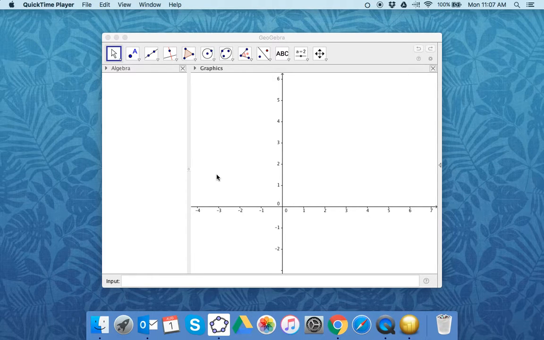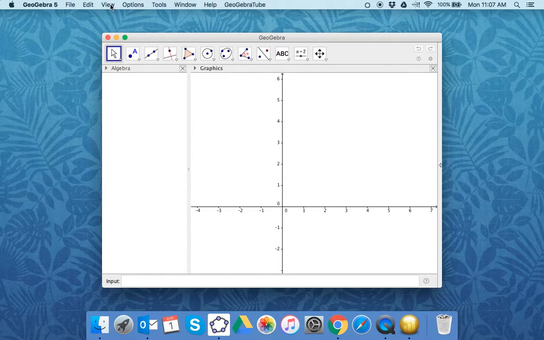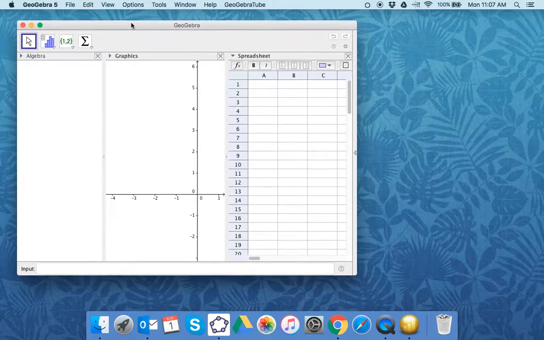Number 41 on chapter 7 asks you to re-express the data. So I'm going to do an example here, and I'll start with GeoGebra and finish with Fathom. And also I'll show you a little bit more about where you start with GeoGebra. If you click on View, you can look at a spreadsheet,